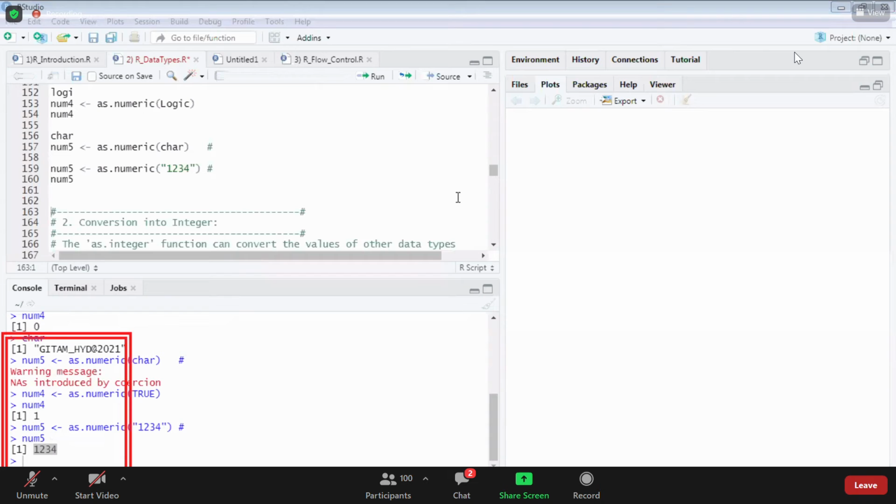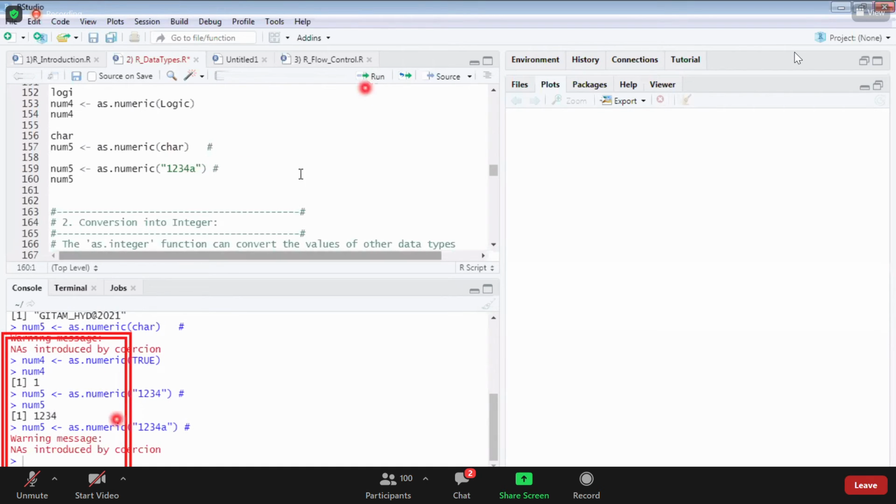I get NA only if there are characters or special symbols except digits. If anything else is there, I'll get NA. Suppose I use A. Now tell me the output. NA. Only if pure digits are there, will the digits get converted. Clear?